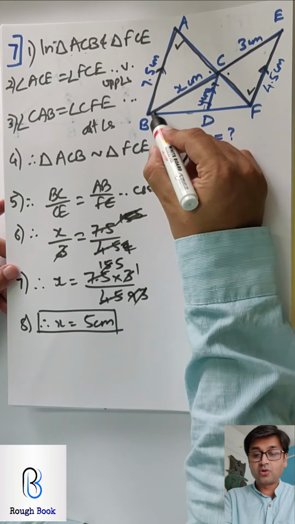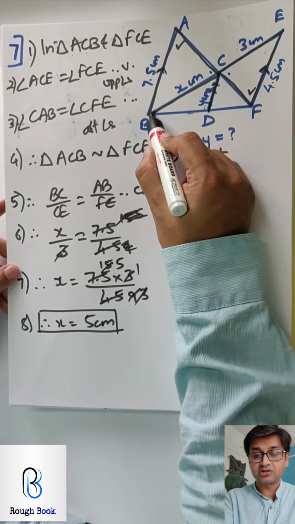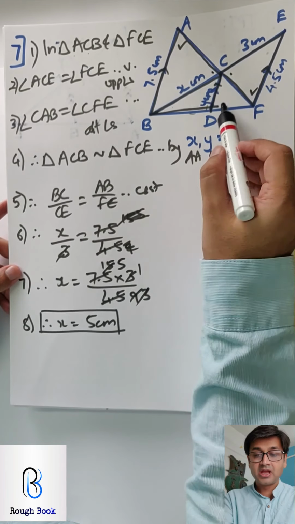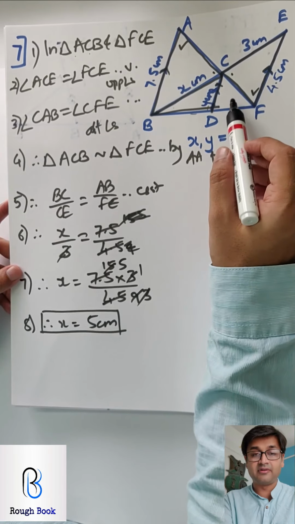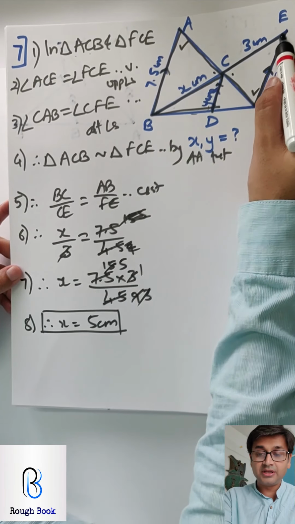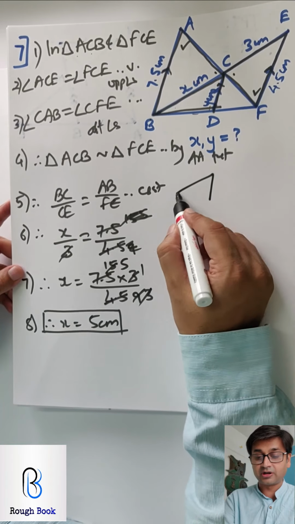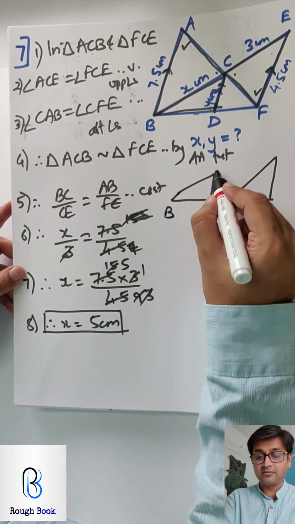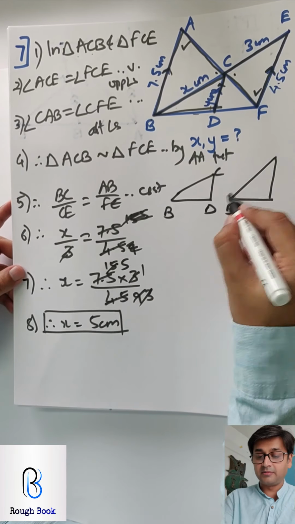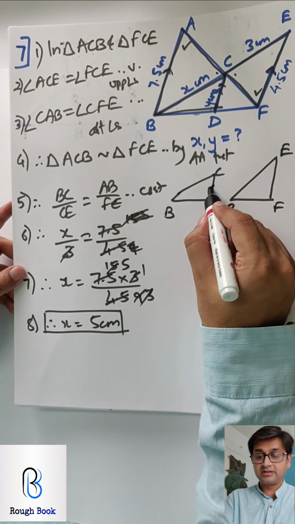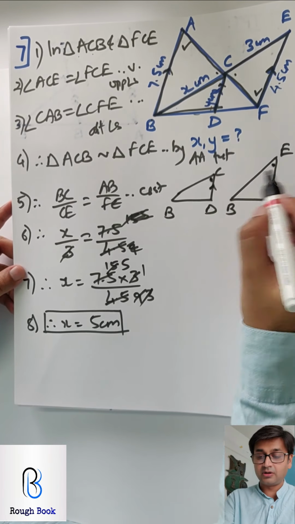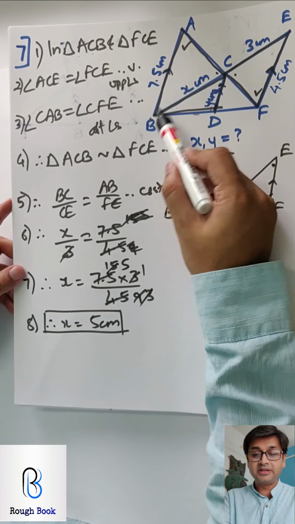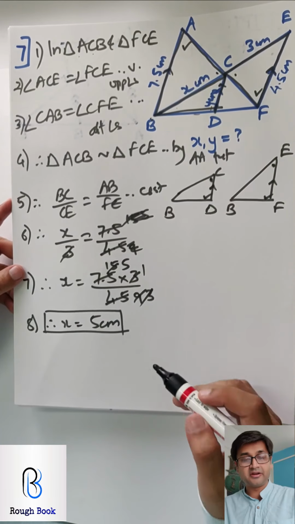Now let's find y. So obviously x is known, so I'm going to take this triangle BCD. But which is the other triangle I should take with BCD? If you're taking CDF, you don't have any values. So the only choice is BEF. So I'm just pulling out the two triangles for your convenience so that you can identify them well. This is a small triangle BCD and bigger triangle BEF. These lines are parallel, so I can say this equal, in fact even common angle. Prove the triangles similar, BC upon BE, CD upon EF, and there you are.